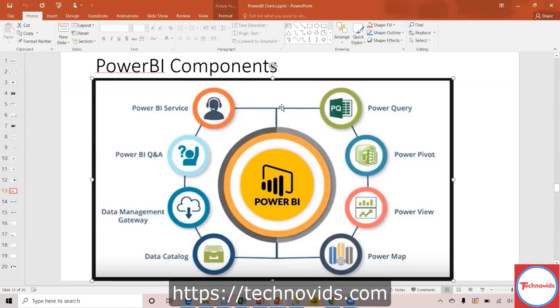Then the fourth one is a bit more technical, I would say, and we don't use it directly. The data catalog, the last one, right? We call it metadata, as in data about data. If Power BI has to perform certain things, it has to have a program, or it has to store the data, correct? For that purpose it is using it. You understand that?